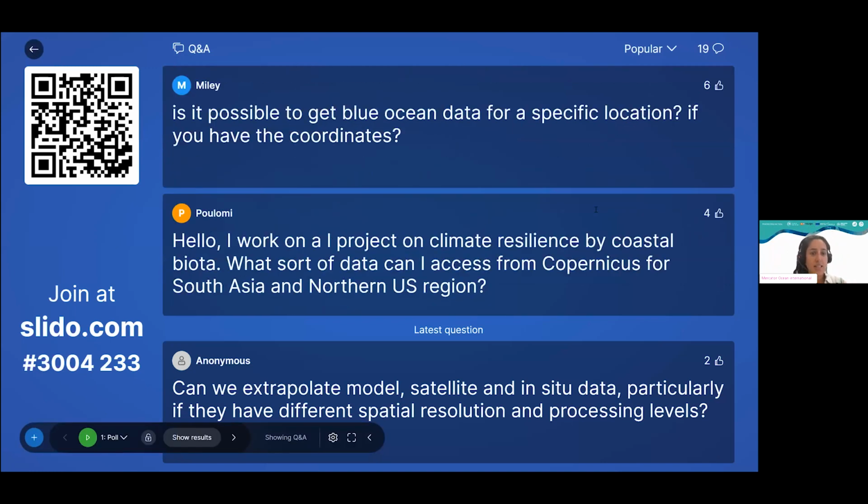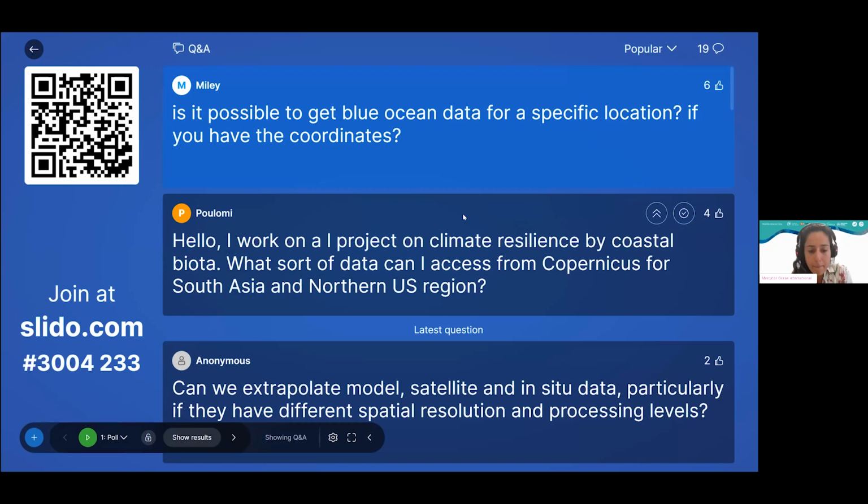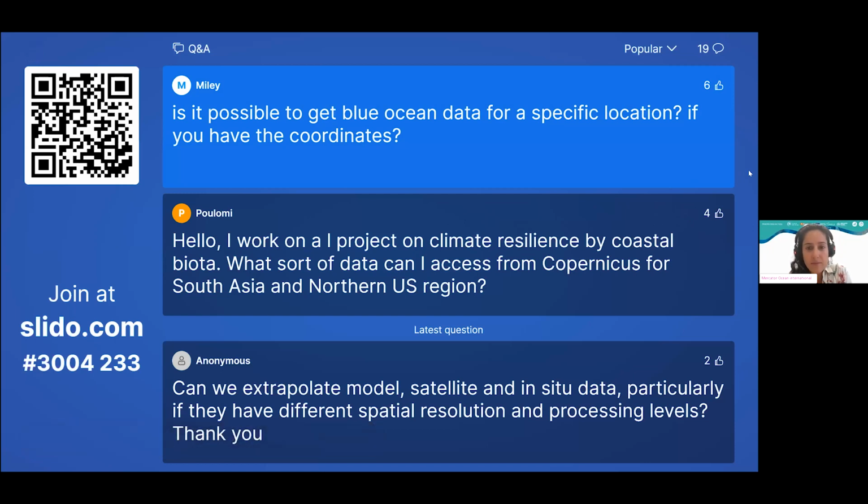First one, is it possible to get blue ocean data for a specific location if you have the coordinates? Yes, sure. There is a specific tool for this, and in CMEMS's web portal you will also find webinars for this data gathering. You can also do this manually, or if you are an informatician working with Python products and Python-specific